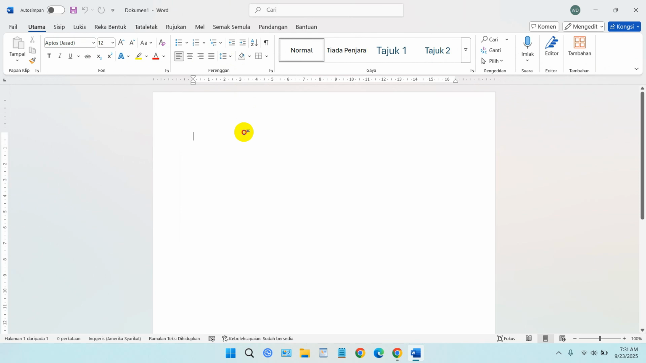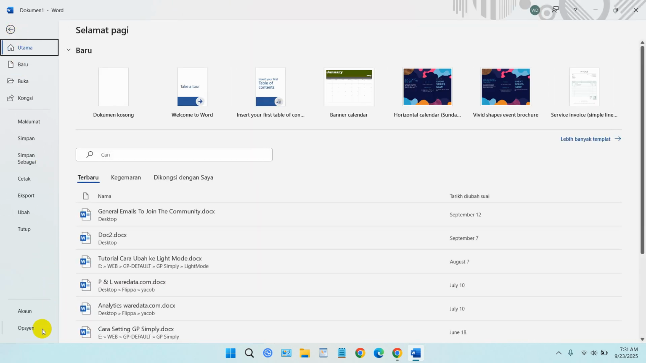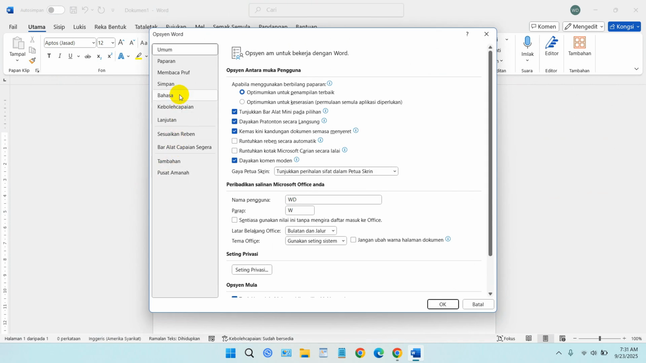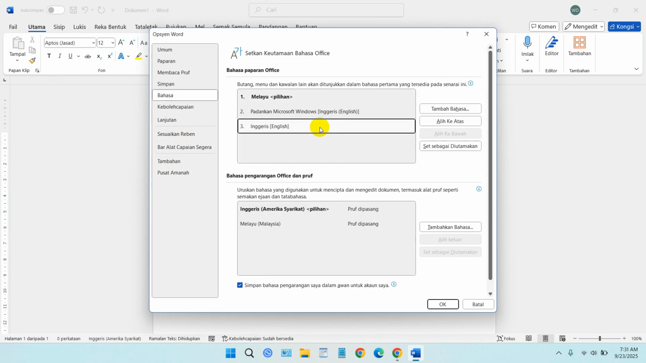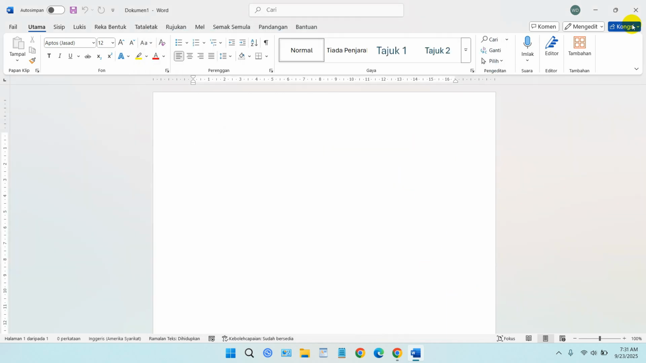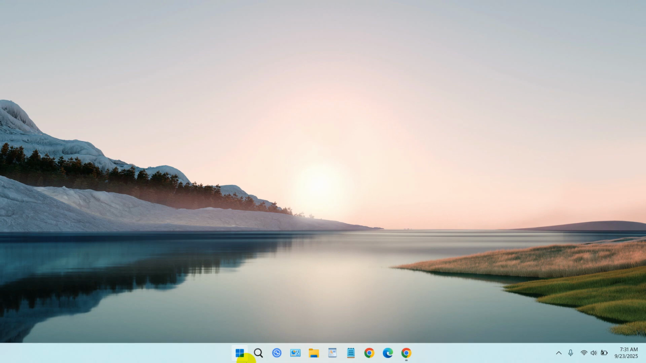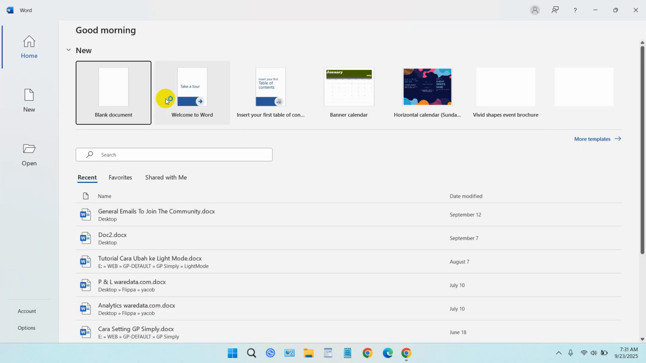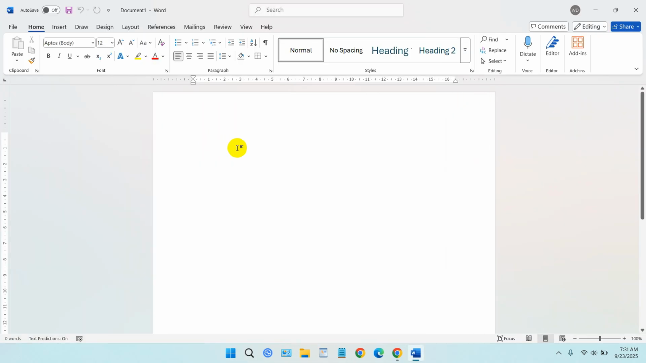How to change language for the content? Okay, I will open first and select the English. Okay, so you can see there. Okay, I will close and restart my Microsoft Word. If the content, you can see